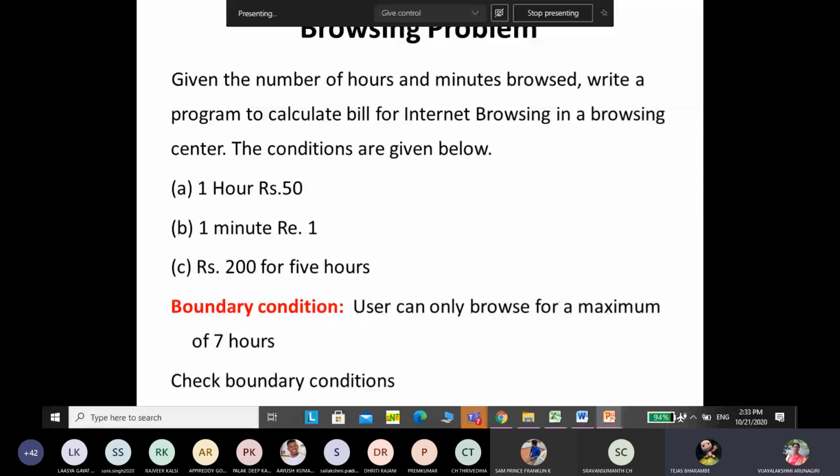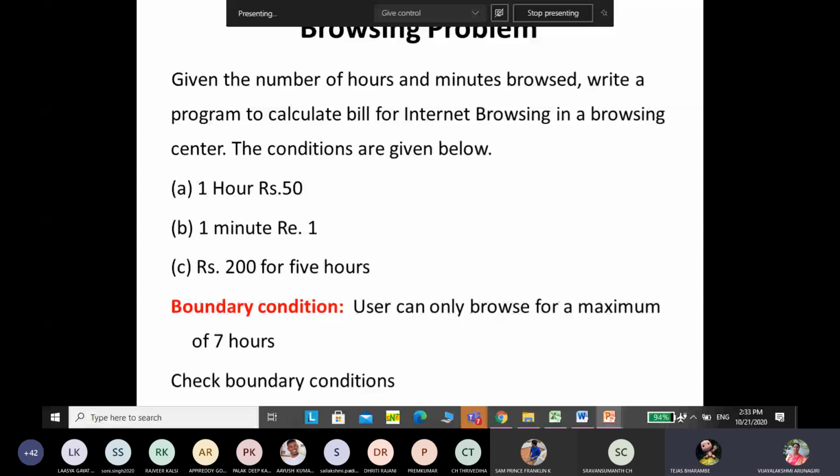So we still need to show the cost? There is a price given: 1 hour is rupees 50, and rupees 200 for 5 hours. So for 7 hours, suppose the person worked for 7 hours. The formula is the same. For the first 5 hours, 200 rupees.